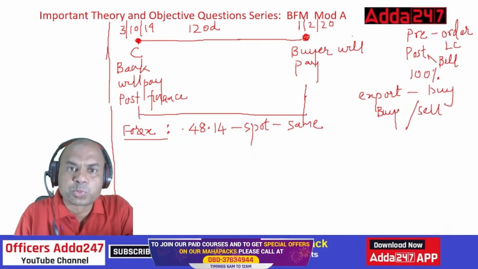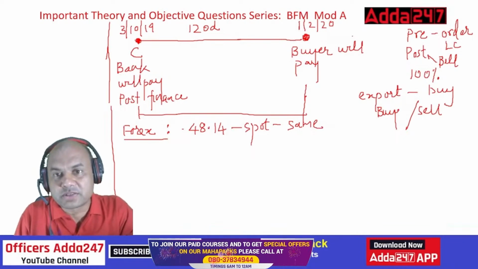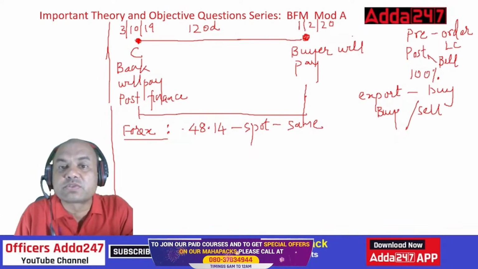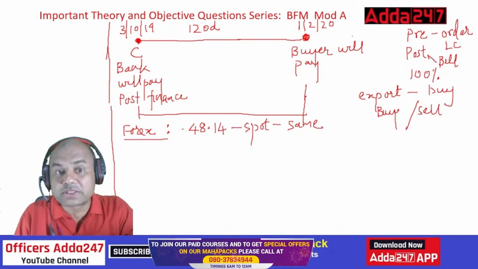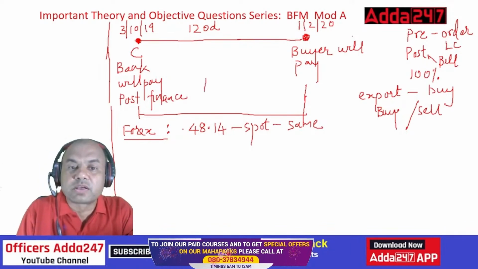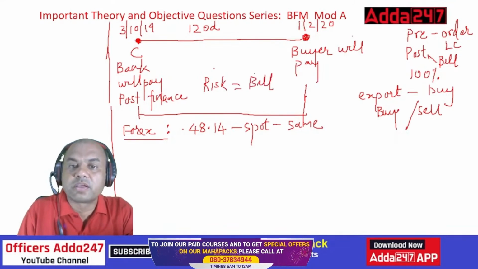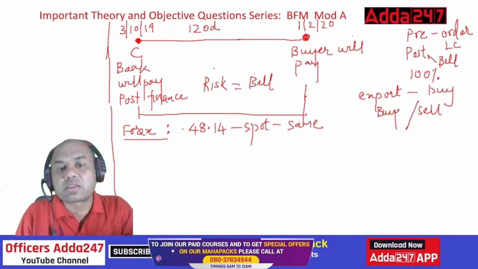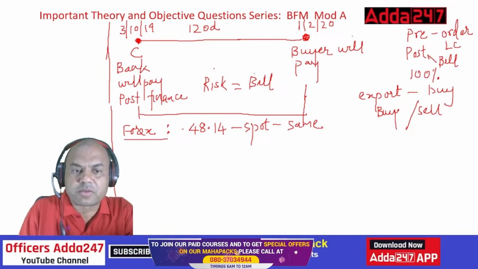But right now what is happening? Buyer will be paying after 3 months, 4 months, right? So this is the risk which I am taking. Whenever I am taking the risk, for 4 months I am financing as a bank, right? So whenever I am taking this risk, I'll always apply the bill rate. Okay. So what is bill rate now? How to calculate the bill rate? Your formula for bill rate is very simple. Bill rate equals to